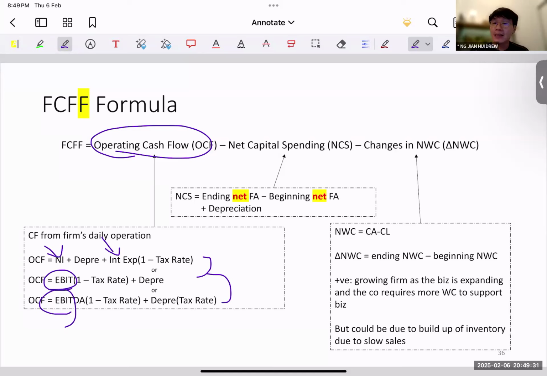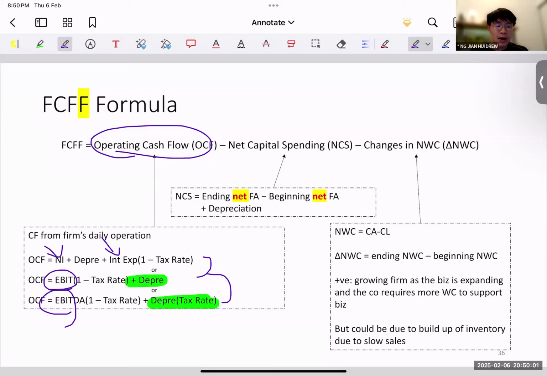The reason why in the fourth lecture we have the proof is because previously, some students were a bit puzzled. Like, how come your EBIT is just plus depreciation? Why does EBITDA become plus depreciation times tax rate? So I actually needed the proof to show that. But of course, the proof will never be tested. Okay, so we'll leave it to the fourth lecture.